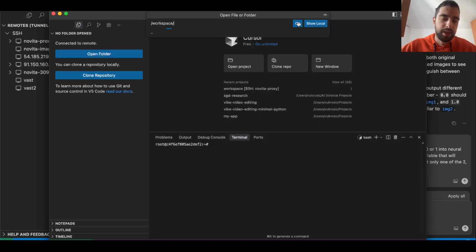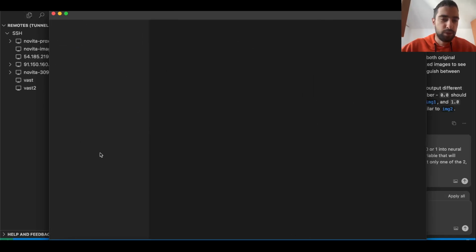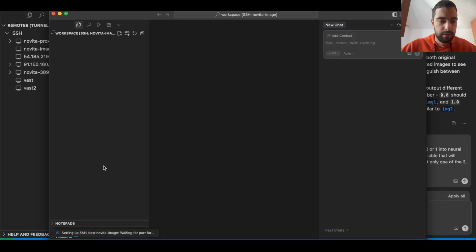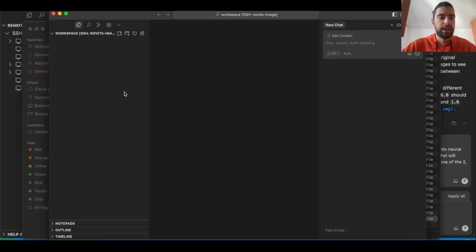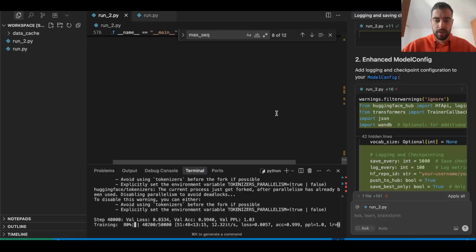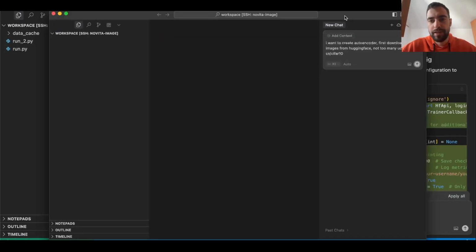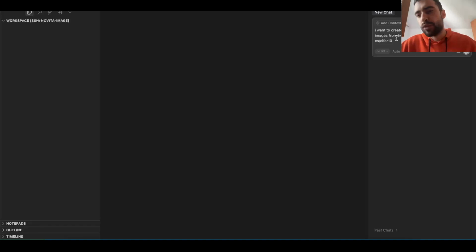Most of the GPU providers will save everything you put into workspace. So you wanna create files in the workspace, because if you create them elsewhere, they will get deleted when you shut down the GPU. They will not stay in the memory. But in this way you can shut down GPU, and if you don't destroy the instance, it will still remain in workspace. This LLM is 80%, so I'm gonna go here and say into different GPU, I want to create